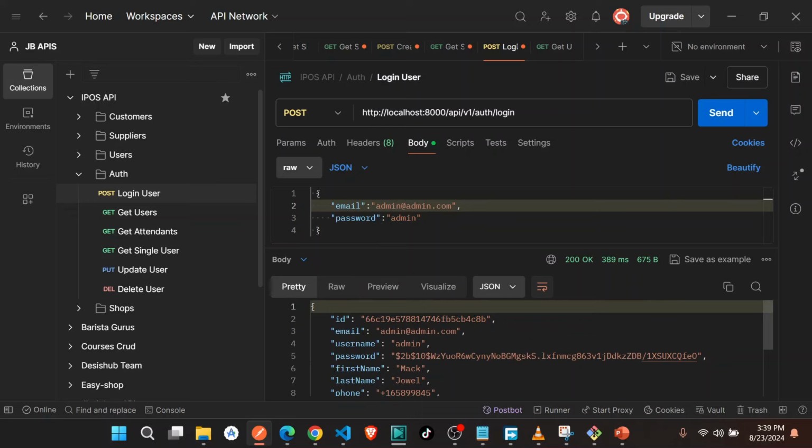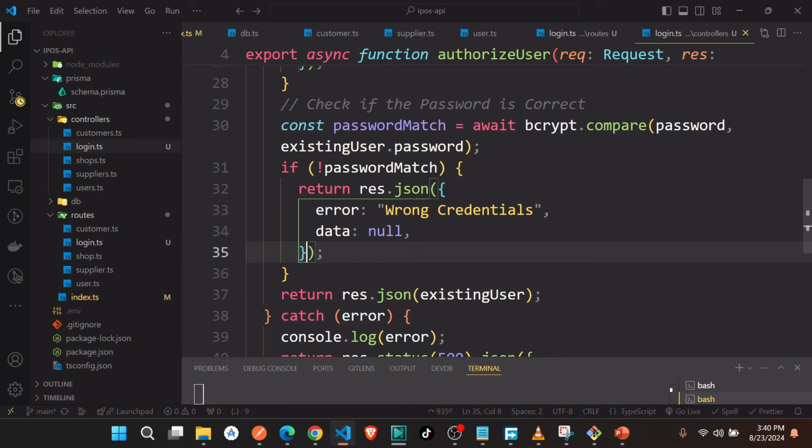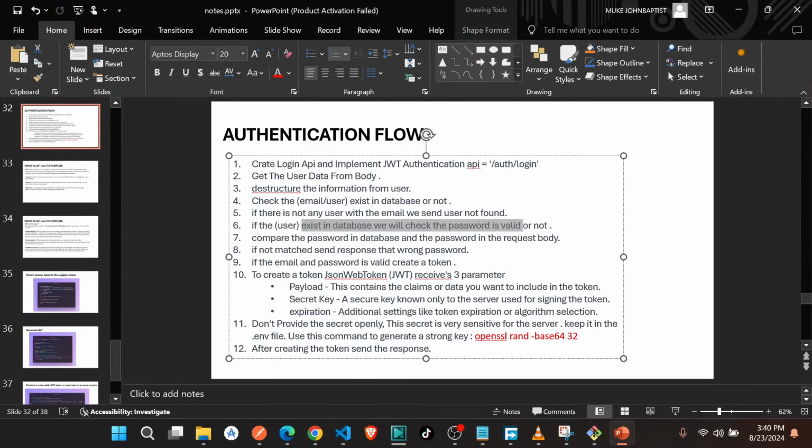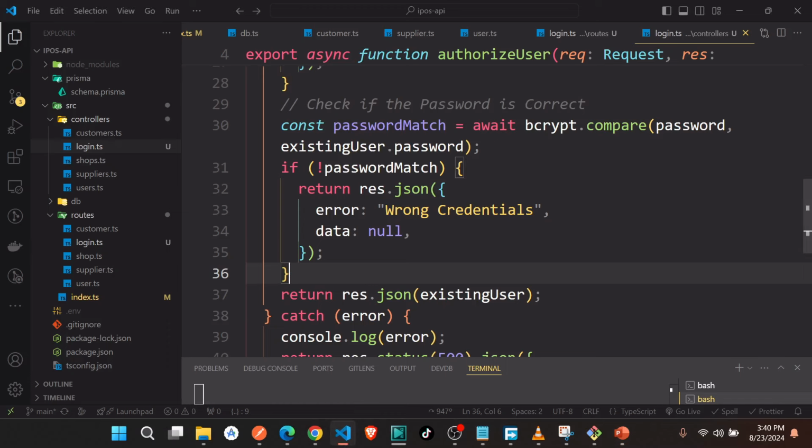We're using either email or password, everything works correctly, and we have this. So you can see here we have checked the password. If they compare the password in the database and it is correct, good; if not matched, we send the wrong password. And by the way, when you're sending,